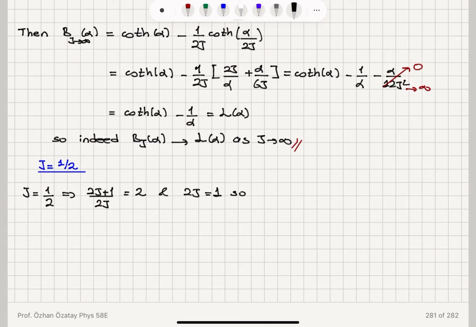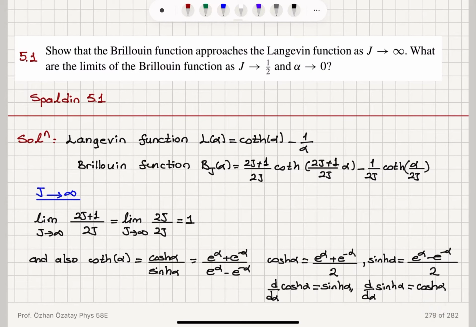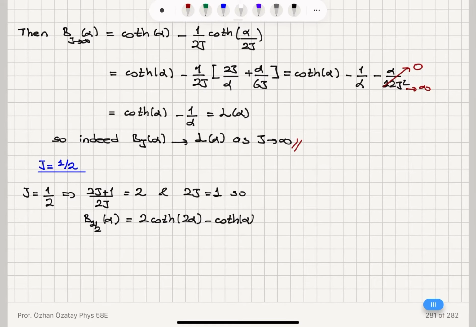So what I will obtain here is the Brillouin function for j equals 1/2 as a function of alpha is 2 cotangent hyperbolic 2 alpha minus cotangent hyperbolic alpha. So I have substituted for (2j plus 1) over 2j, 2 cotangent hyperbolic 2 alpha minus 1 over 2j becomes 1, times cotangent hyperbolic alpha, because 1 over 2j is 1. So this is basically,